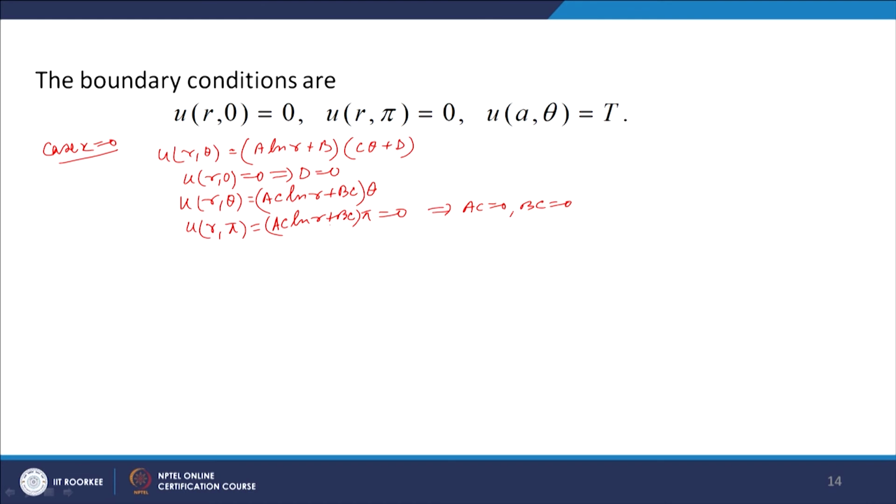If c is not 0, then a and b both will be 0. So, we will have again the 0 solution, and therefore, this is an interesting case. So, let us consider case k greater than 0. In this case, what we have